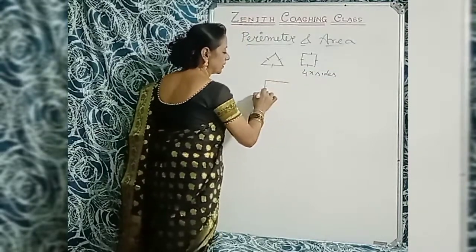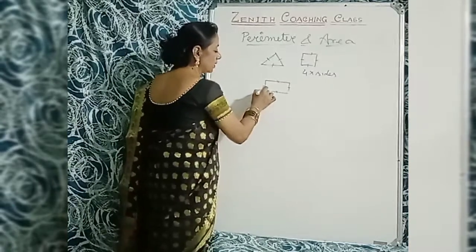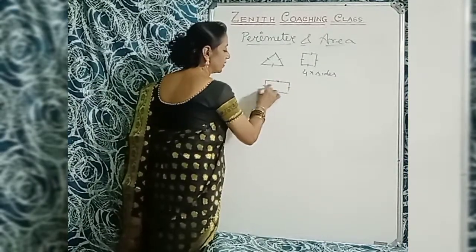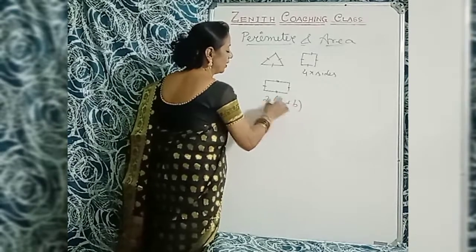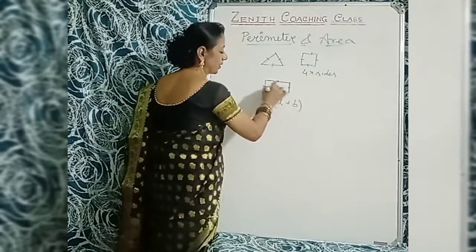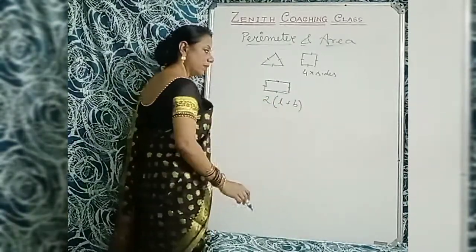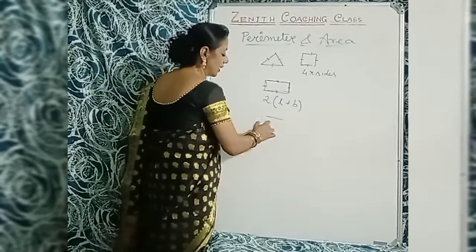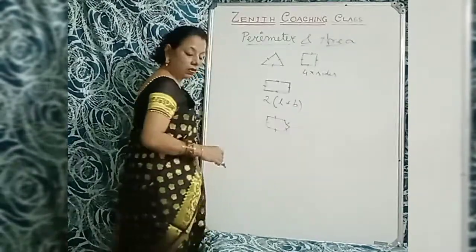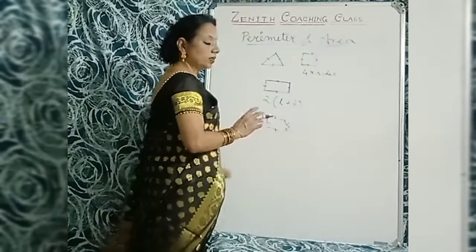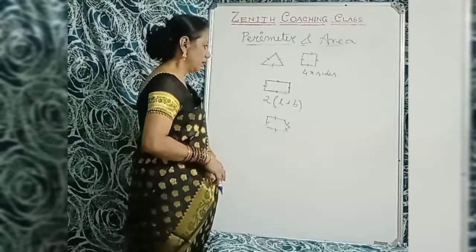And perimeter of the rectangle, that is, opposite sides are equal. So these two sides are equal and these other two sides are equal. So perimeter equals 2 into length plus breadth. Here it is length, it is length, it is breadth, it is breadth. So perimeter equals 2 into L plus B. Okay, now in case of a pentagon, it is the summation of 5 sides. So it's the same in the case of a hexagon. So for a polygon, the sum of all the sides is called perimeter. Okay.